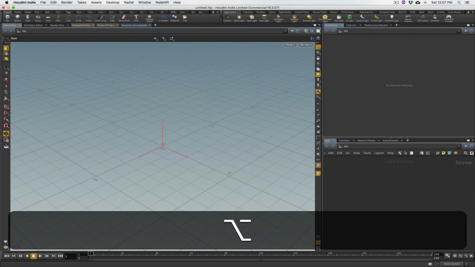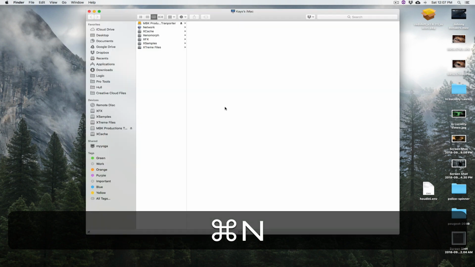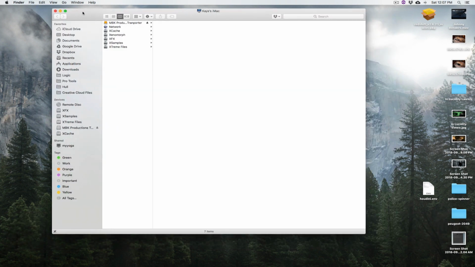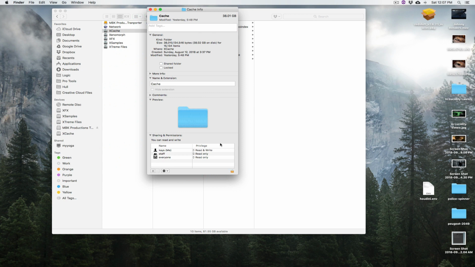Now there's one third thing that you want to check, and that has to do with OS X having a lot of permissions that you need to configure and make sure that the application is able to write files to a particular volume. So on your drive or even on your folder, hit Command I and get information about that particular folder. And see, it says I can read and write to this folder, but everybody else can read only. And even though technically I'm using Houdini and Redshift as the root user,